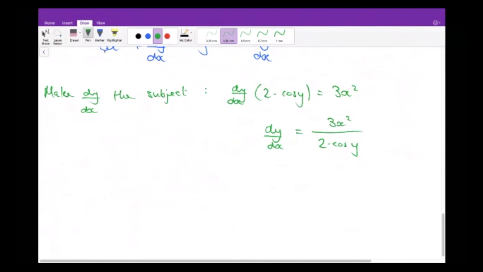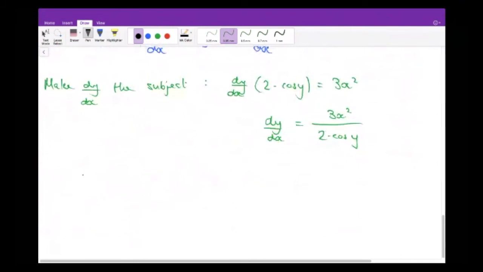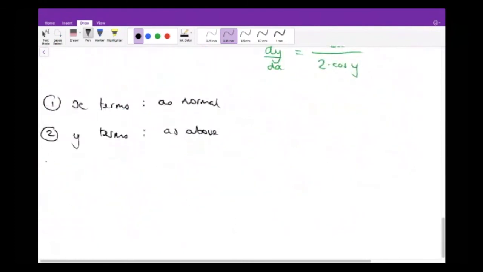A couple of pointers. Equations for implicit differentiation will be made up of a mixture of 3 things. If we just have functions of x, so just x terms on their own, this is as normal. For y terms, we do as above. And if we have any terms which are, say, x and y combined terms,